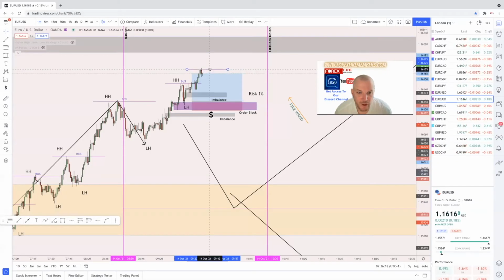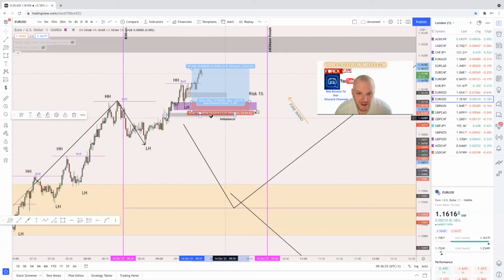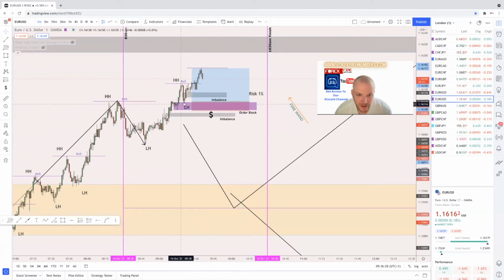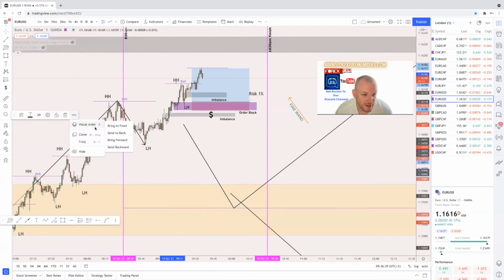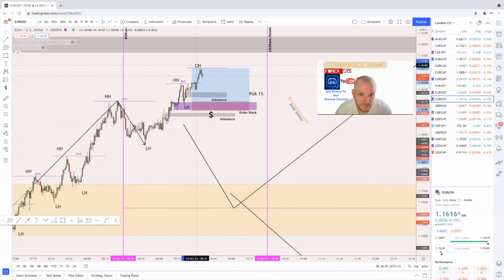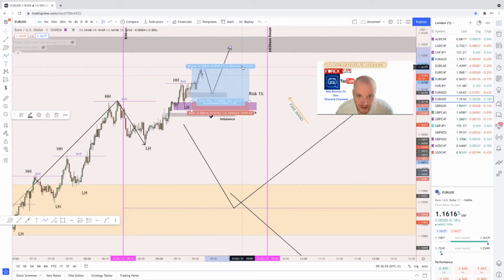All right, so we've had that little bit more of a push. The drive at the moment, we are looking at around about 1 to 369. We've got the order block here covering enough, because we've got to factor in the spreads and things like that. So we've now got the higher high. Now we just need to determine where the lower low is going to come in. Possibly you're going to look at a push down, the lower low being here, and then a break to that higher side.